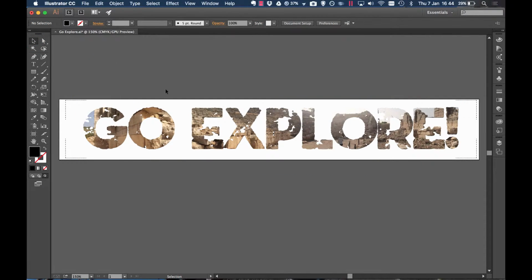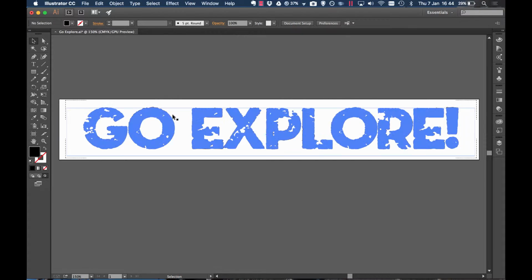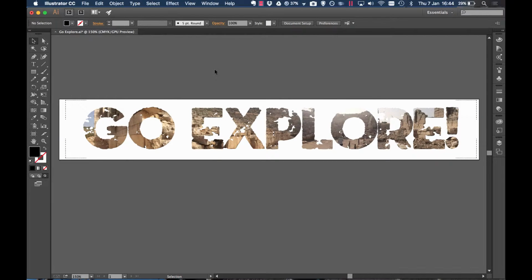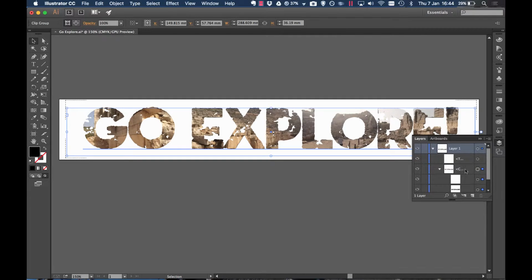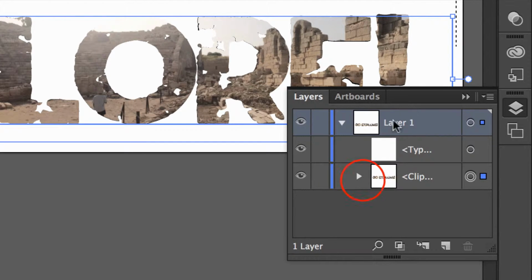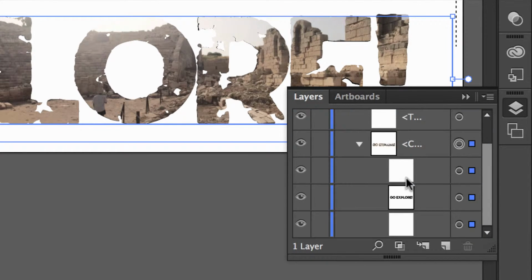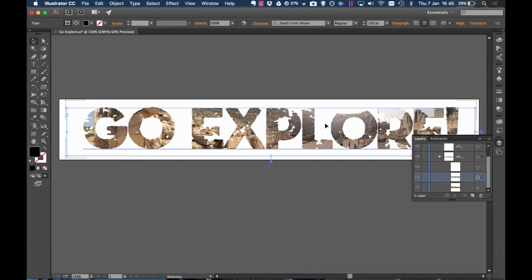So a few things I want to do here. Now I can't see the outside the text very easily because the image is quite light, so I want to add a stroke to the text. So clicking on the text and opening up the window, we see there's various different layers. We're opening up this layer, going right down to the bottom and selecting the text layer there. Click on this dot to the right, which is the meatball,